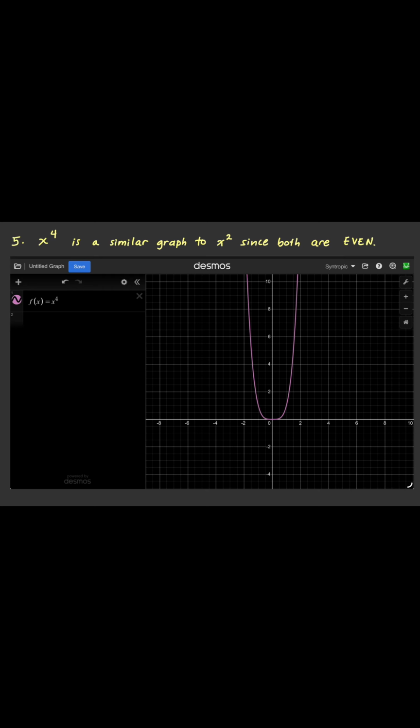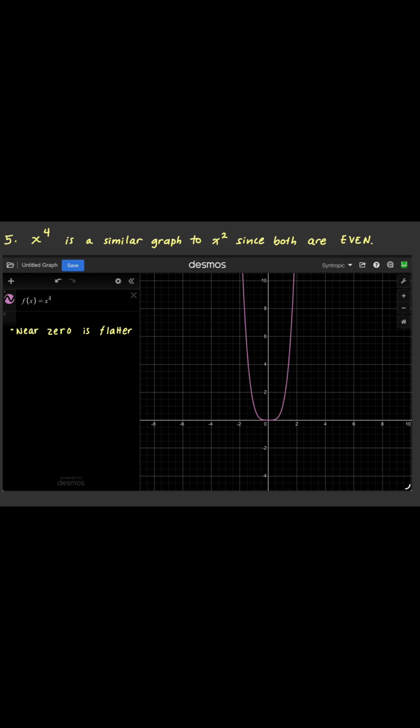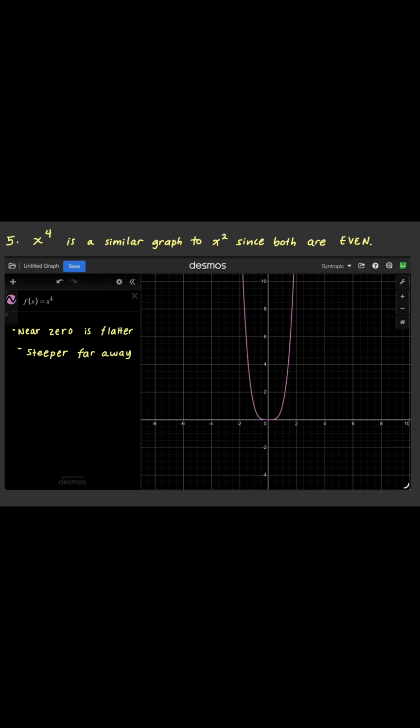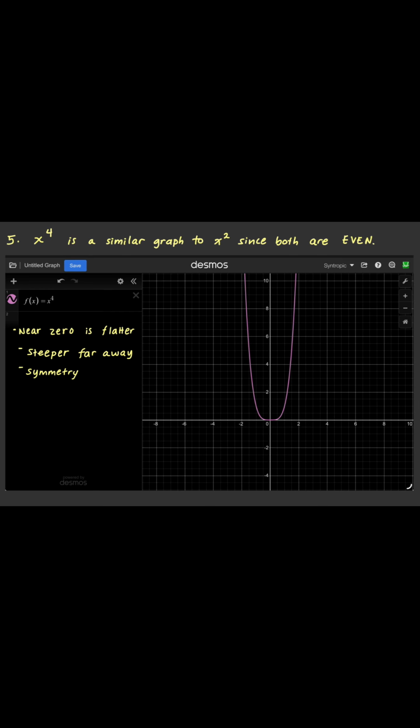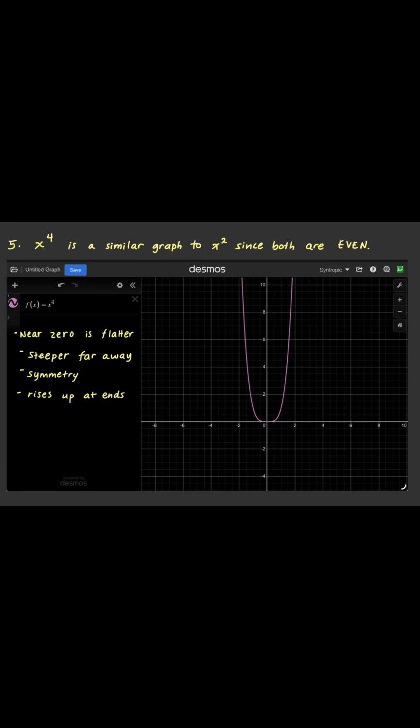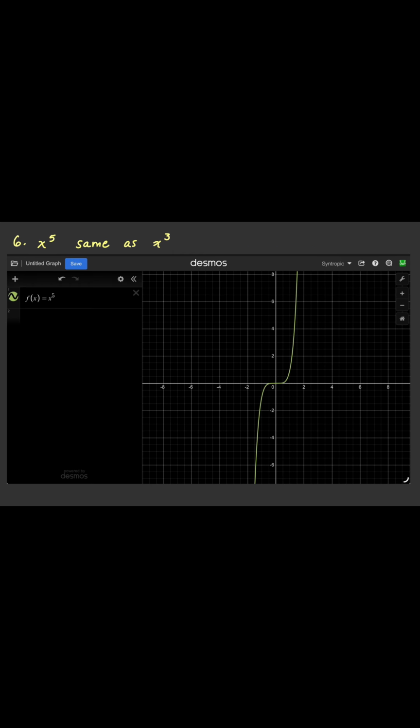Now x raised to the power of 4 is a similar graph to x squared since both are even. Some traits about this line is that near 0 it is flatter and it is steeper far away. And this is because the graph grows faster. In even-powered graphs, there is symmetry since the graph is equal left and right, creating a mirror symmetry across the y-axis. Even-powered graphs are always positive as well, and x raised to the power of 5 is the same as